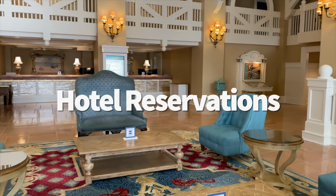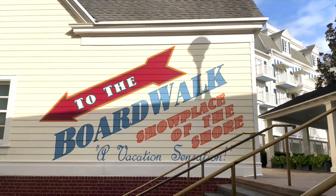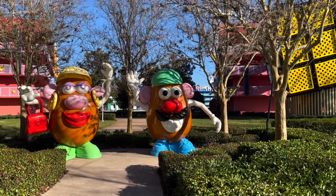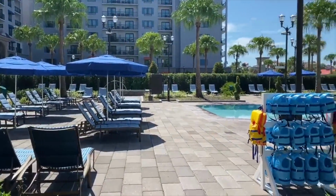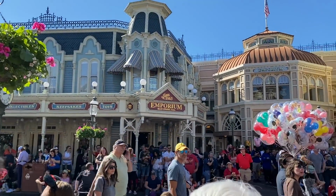Number 3, hotel reservations. Disney resorts are already starting to fill up, especially for peak season times like spring break. Once you figure out a time frame for when you want to go to the parks, start looking into booking a hotel quickly. You can always change your booking. I'd recommend locking in your resort stay, then booking your park tickets, then your park passes, so you for sure know you'll have a place to stay for each night of your trip and you'll be able to get into